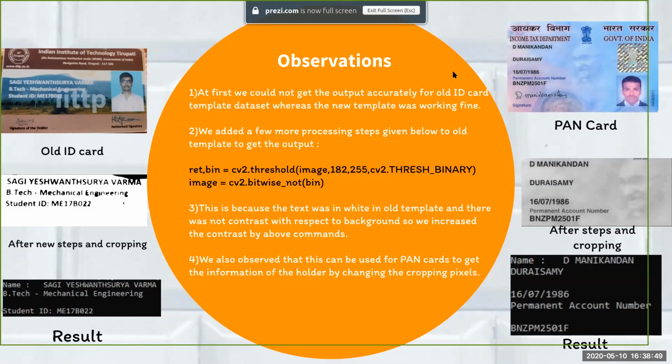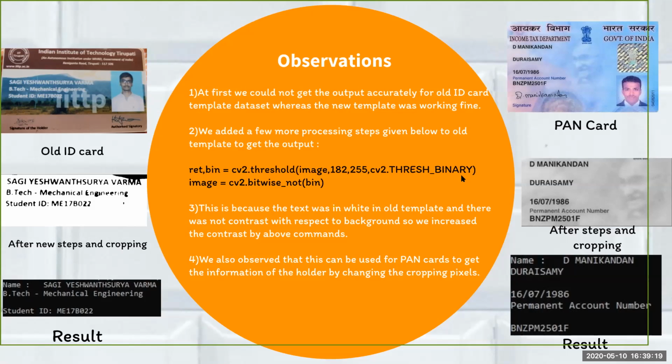The commands are given below, so that the output is this after the cropping, and after that we crop that, the same step which I have implemented before. So we'll get this one as output. Here you can see that the initial text which was in white, you'll get that in black, and all of the background is converted into white, so that as the text is in black and background is in white, there's a clear contrast between the text and the background. So when we apply OCR using the Pytesseract tool, we'll get the clear outputs given below.